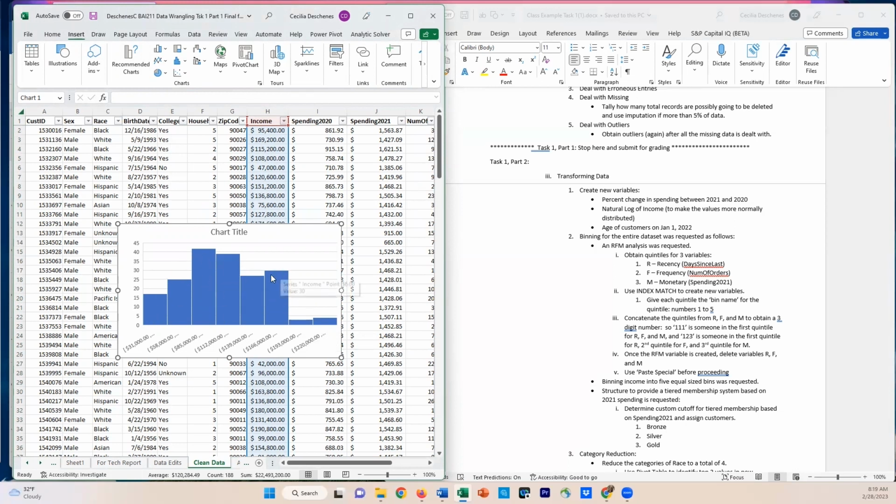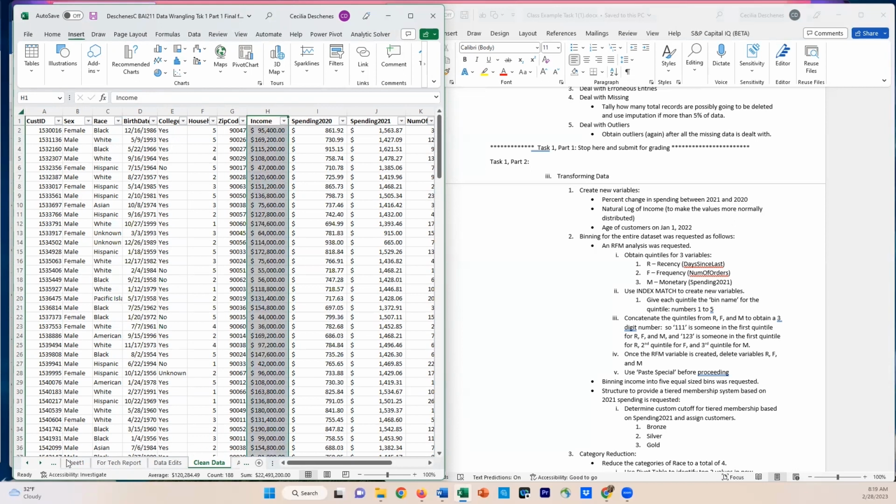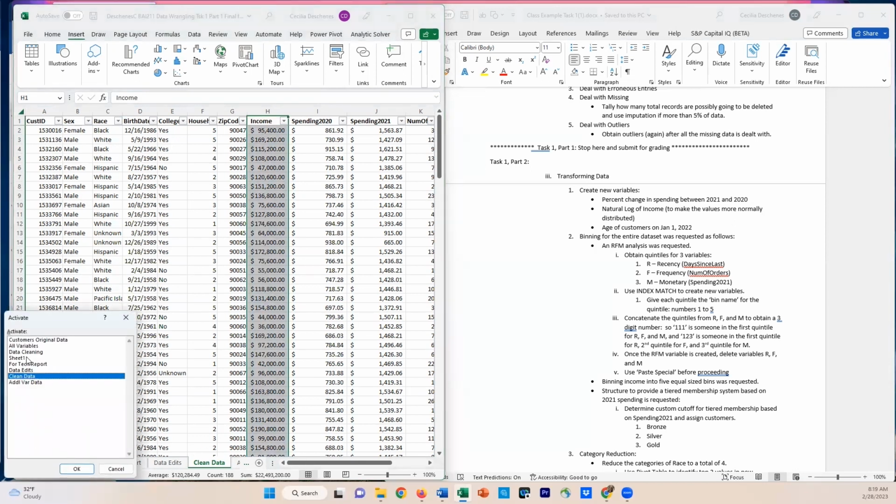For one thing, I have these abnormally higher lumps here, and then I have these tail values here. So when you see something that's not quite normal and we think it might be an essential part of our analysis, we would like this to be more normally distributed. Hence, we're going to look at the natural log transformation of these income values. All right, so I'm going to delete this now because it was just to guide me to decide on making that variable. So going back to the variables,